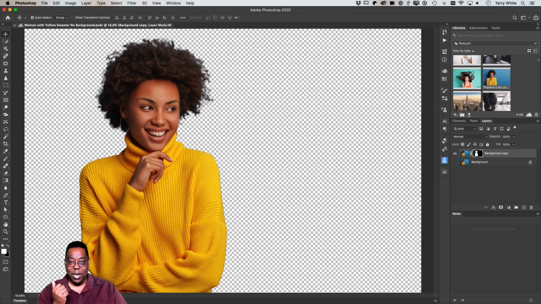So if I go to Photoshop on my iPad and I say open from cloud documents, that image is there with its layers ready to go. It's basically a way of saving Photoshop files in the cloud so you can get to them anywhere you want.